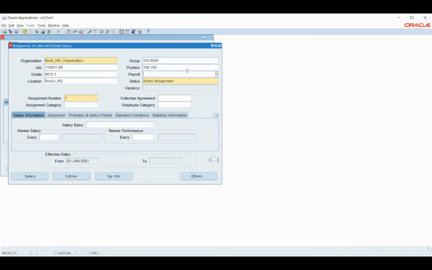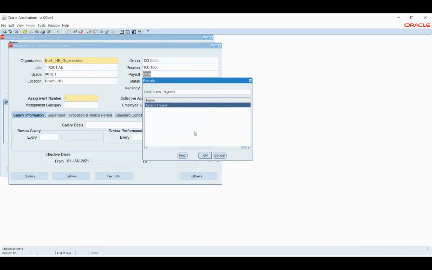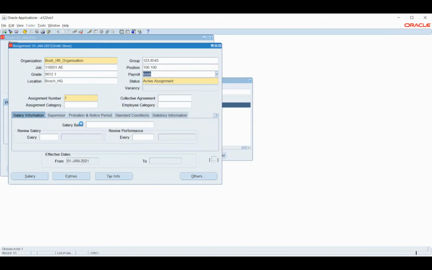Firstly, I'll attach the payroll that we created. Okay, legal employer.